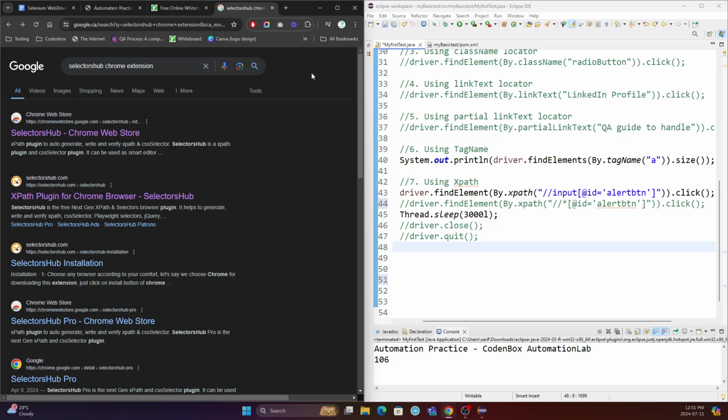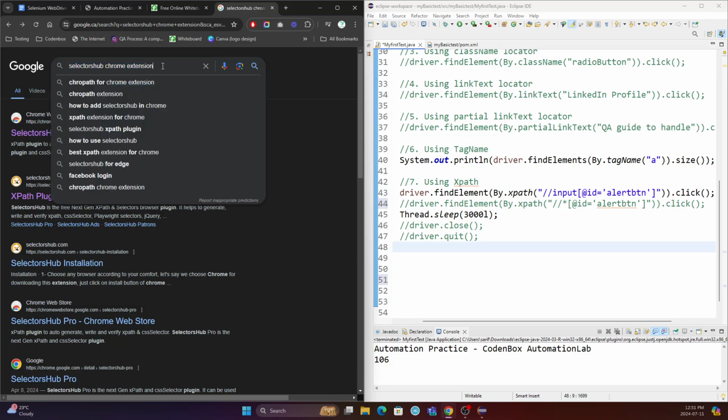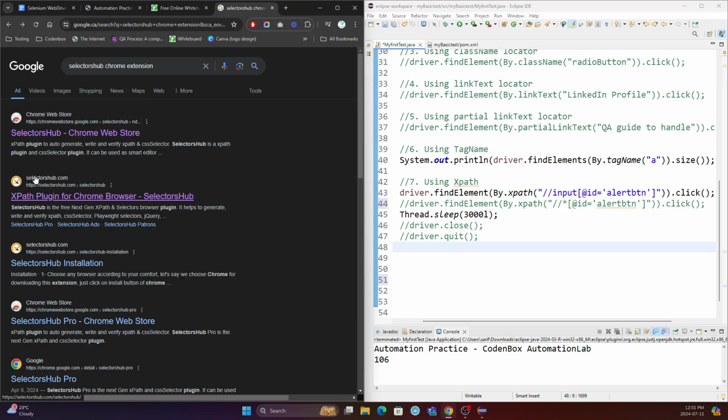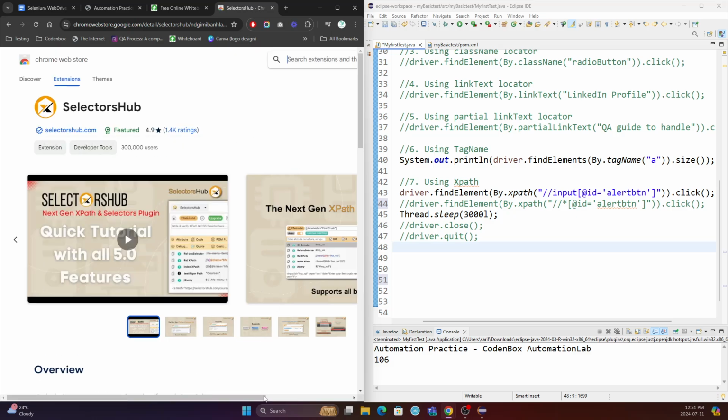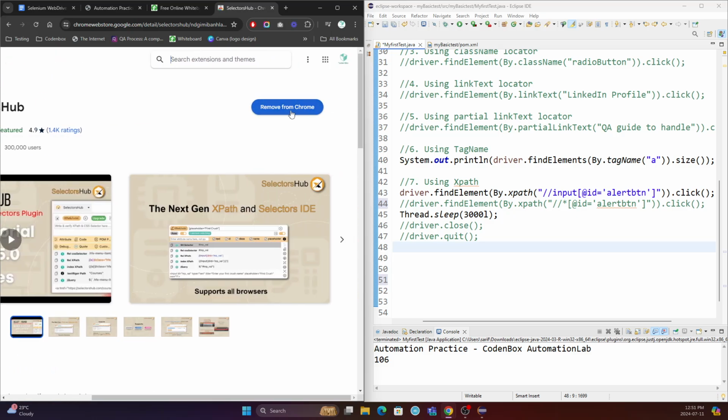You can see the details on their site. This is their official site. But if you just search Selectors Hub Chrome extension, you will find Selectors Hub Chrome XPath here. If you go there, you will find the option to add it. Right now it's already added to my browser, that's why it says remove. But in your case,